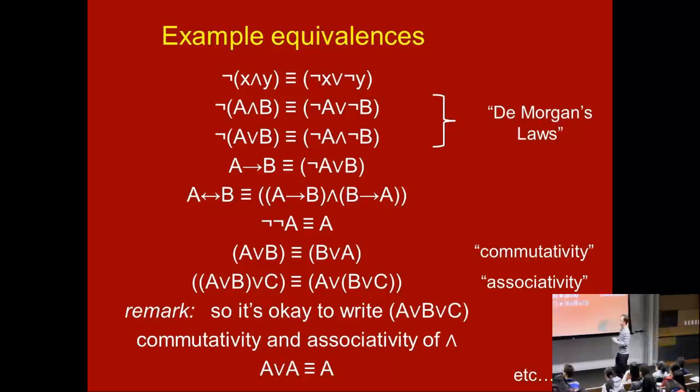And this one says that with ors, it doesn't matter where you put the parentheses. What's this one called? Again, good with the prerequisites. This is associativity. And this is nice because if you have A or B or C, you can just write it without parentheses. This is technically not formally allowed, but sometimes we'll get a little bit relaxed. It doesn't matter where you put the parentheses or what order. If you have a big or, you can just write A or B or C. Similarly, and has all the same properties. There are many, many more. A or A is equivalent to A, etc.